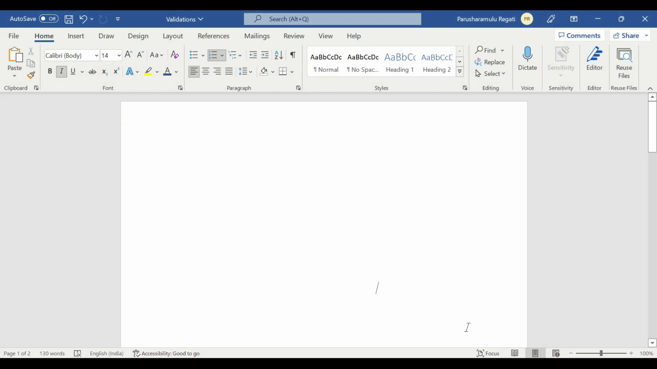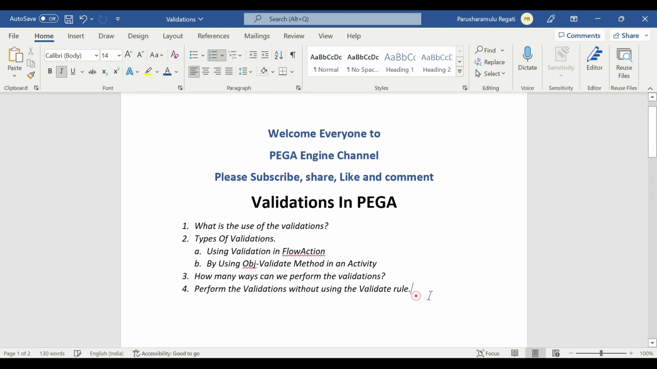So if that is not achievable by using the validate rule, but that is the business scenario, I have to perform the validations if the user didn't select at least one checkbox. So how can we perform the validations? For that, we can go with two ways. Number one, in the post processing data transform,